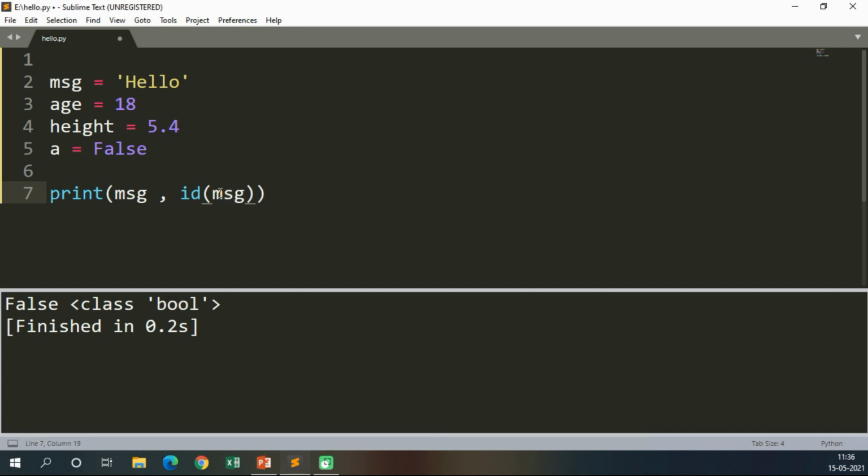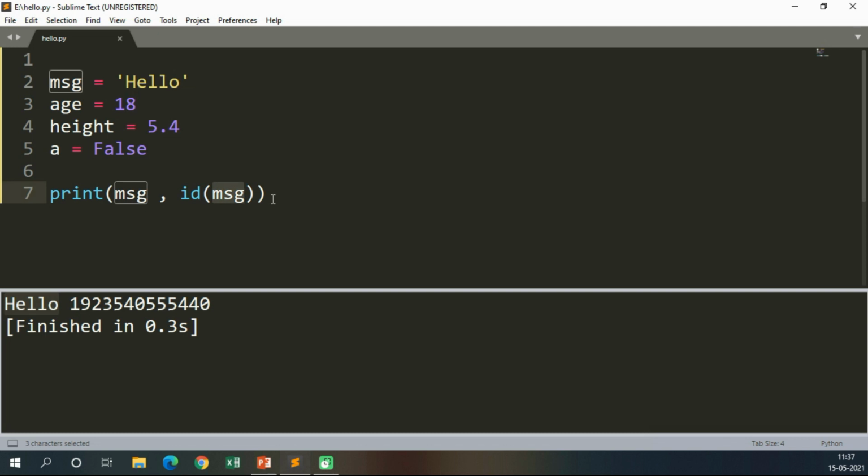Now it will give me the address of the message, Ctrl B. The hello gets printed, and it gives me the address where the message is stored in the memory. The address is too long because our main memory is too large, and there are so many blocks. So this is the address in the main memory where the hello string gets stored, and the message variable is just pointing to that location in the main memory.